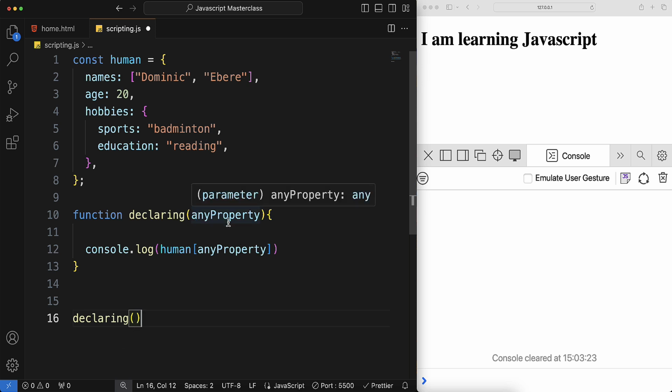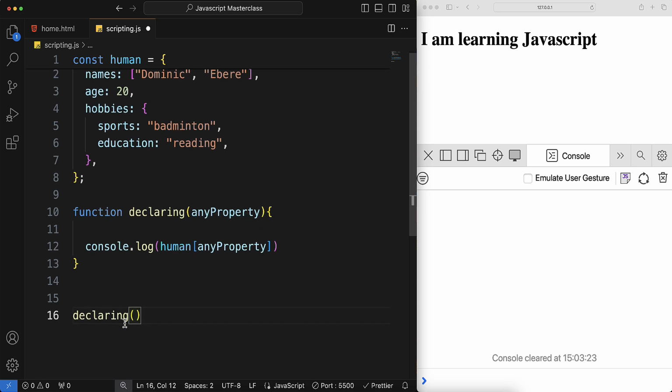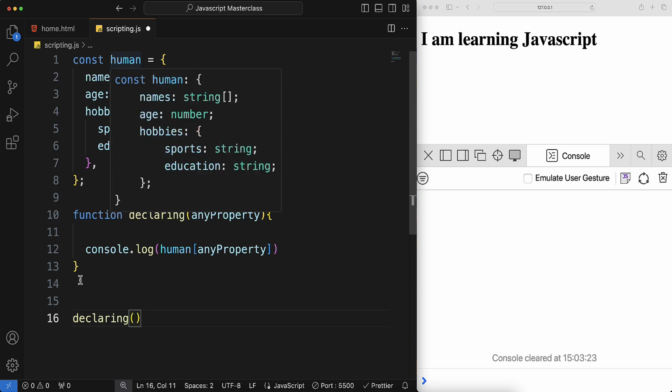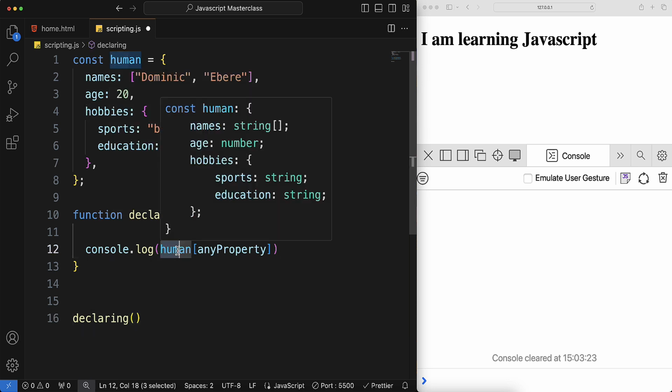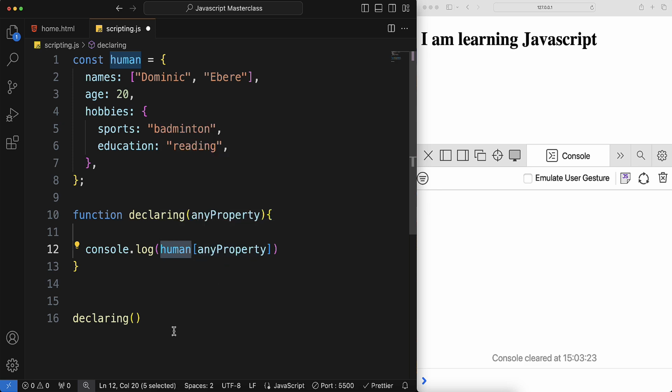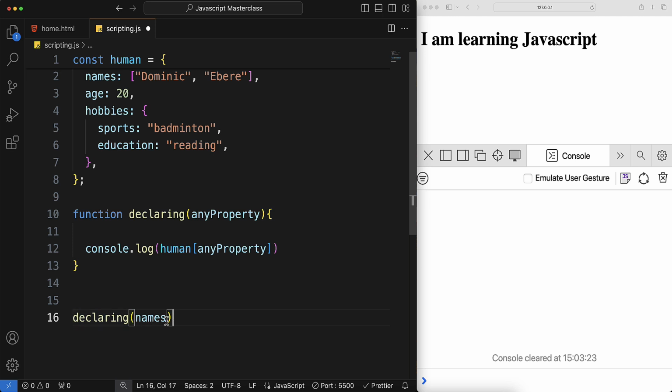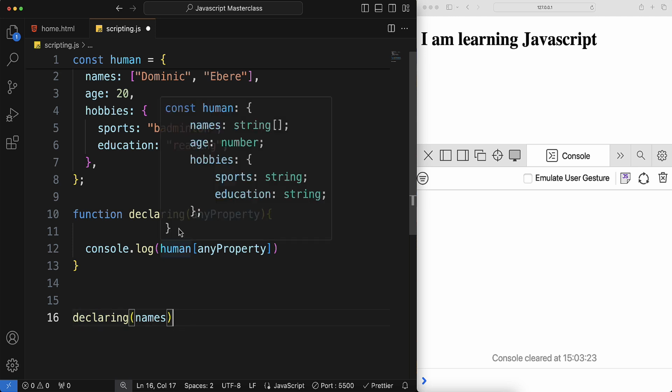This right here is a parameter, and whatever I pass when calling the function will be seen as the argument. So, what sort of argument am I supposed to pass to this declaring function? That argument that I'm going to pass is supposed to be a property that exists on this human object, because remember, right here inside of the function, we're saying human and then giving it any property. So I'm going to say declaring names. All right. So as soon as I call this function, declaring names, we're going to have Dominic Ebere printed on